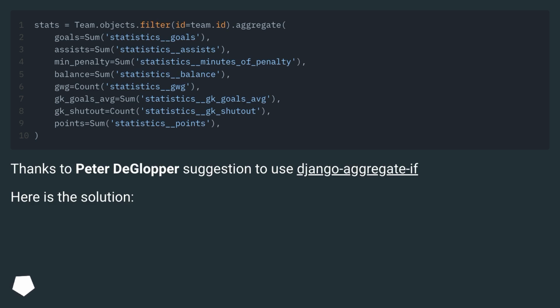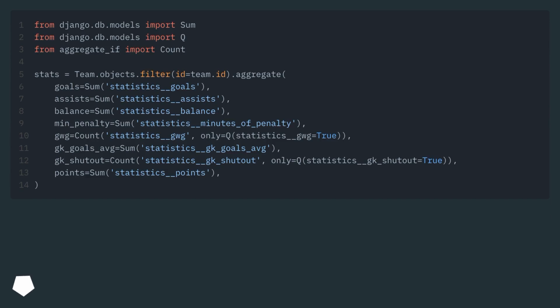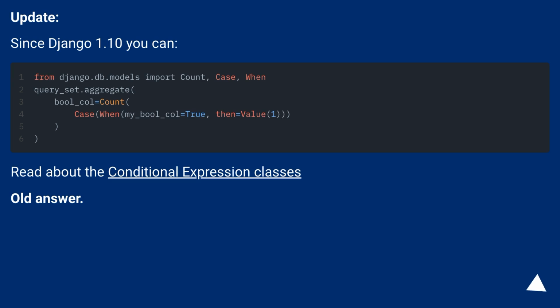Here is the solution. Update. Since Django 1.10 you can